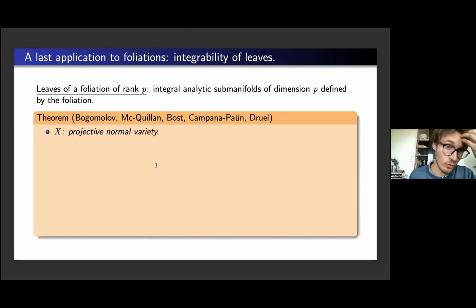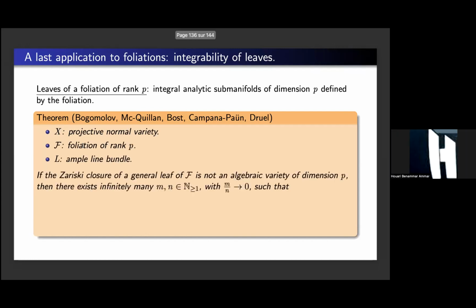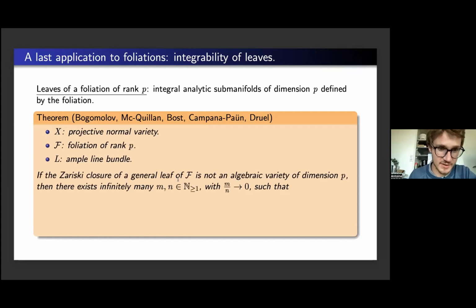If you take a projective normal variety, say normal, so it's not necessarily a smooth variety, you allow singularities in codimension 2, and if you take F a foliation of rank P on this projective normal variety, not necessarily regular, and an ample line bundle L on X, then if the Zariski closure of a general leaf of F is not an algebraic variety of dimension P, then the conclusion is that there exist infinitely many m, n with coefficient tending to 0,